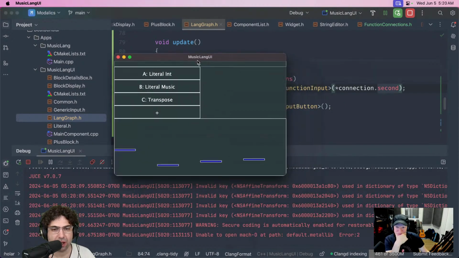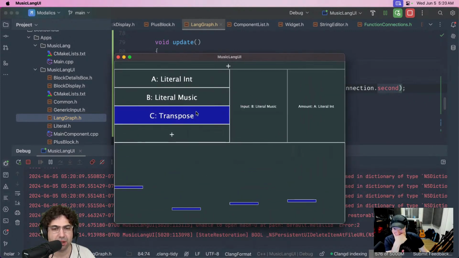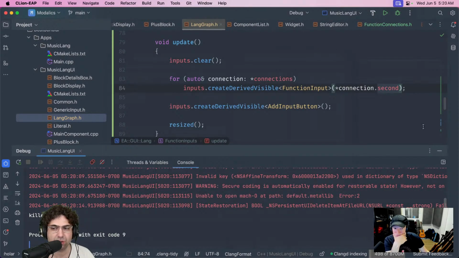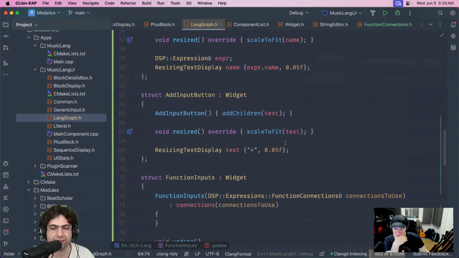Okay. So all I did now was I added this little thing. You see, this is the thing that I had before that shows the different blocks, but I added this bar here that currently just has one plus button. But it should show the actual inputs. But the thing is, this device does not have any inputs yet. So let's add a way to have inputs in it. So let's make the plus button do something interesting.